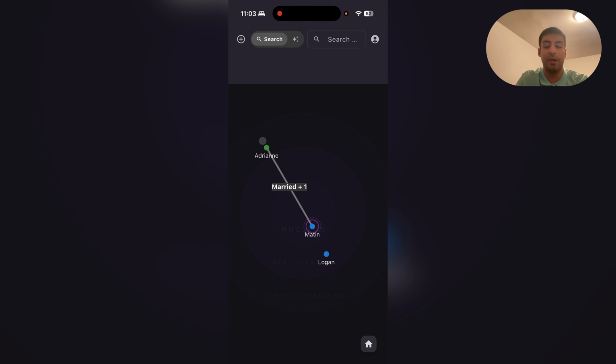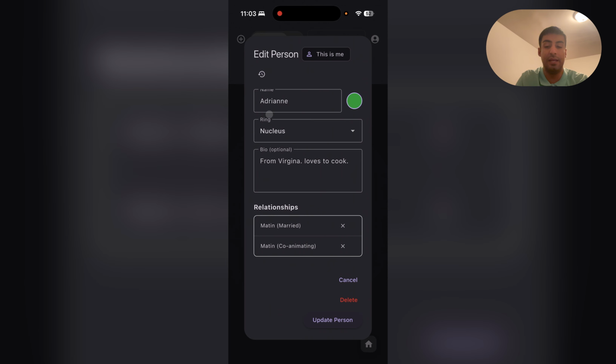Directly here, you can go ahead and pull people into the part that you think they should be in. This is really helpful as people move closer to the center, which is exactly what this project is designed to do. So I've gone ahead and moved Adrian from being in the conversation to being in the nucleus. Now you can see that if we go to her profile,